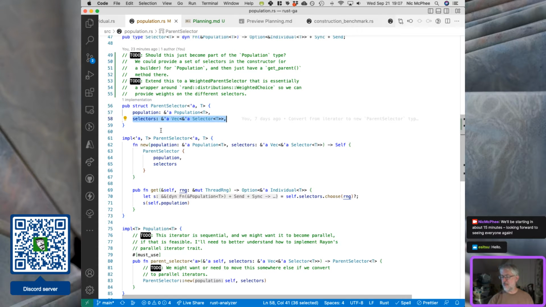I don't know. It's not clear to me what would be the best thing to do there. So that's a thing that we could work on tonight. If we decide that moving this into population is a good idea, we could do that. The other thing, which I definitely want to do, and so maybe that's the thing to do first,